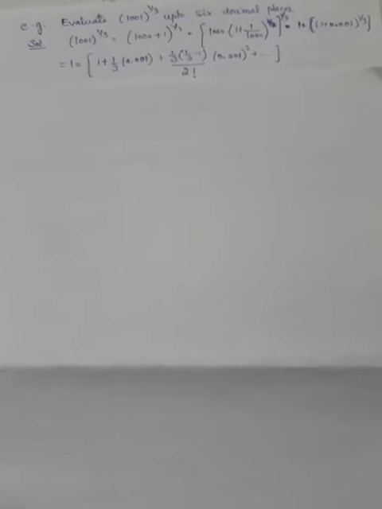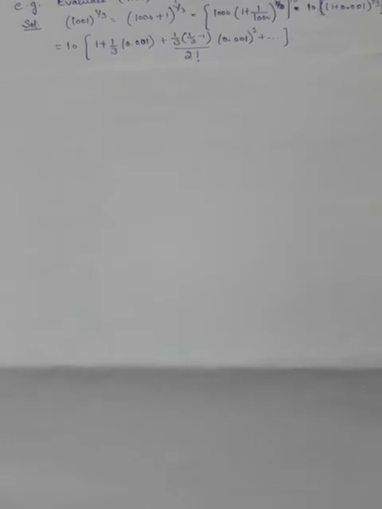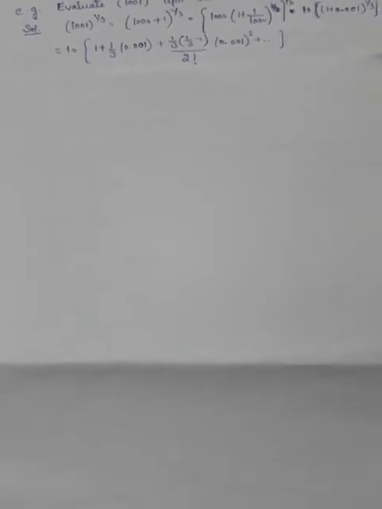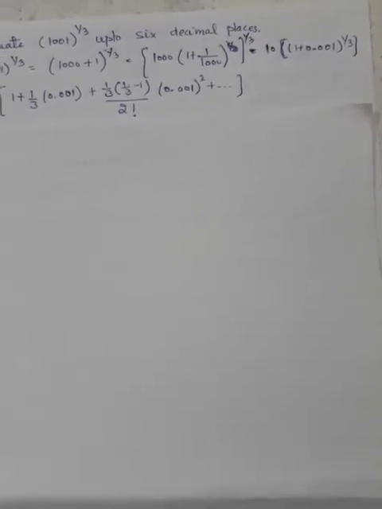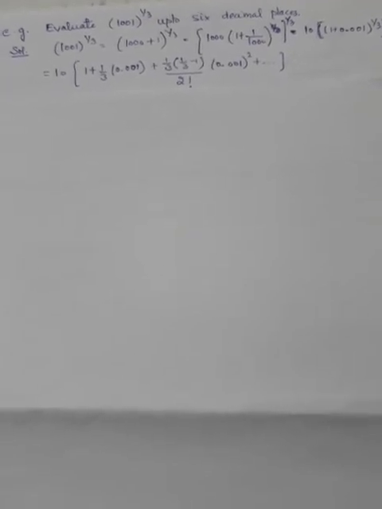As you have just studied, just recall that (1 plus x) raised to power n is equal to 1 plus nx plus n(n minus 1) upon 2 factorial x square and so on. So here if we compare it with (1 plus x) raised to power n, here x will be equal to 0.001 and n is equal to 1 upon 3. Here n is a fraction. So in 1 plus nx, in place of n I'll be getting 1 upon 3 and in place of x I'll